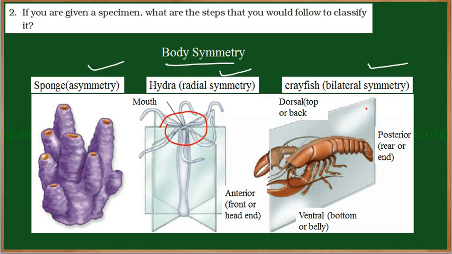Whereas in bilateral symmetry, the right and the left part of the body are exactly mirror images of one another. So here, if the organism is cut in the sagittal direction, the two halves will be identical to one another. This kind of bilateral symmetry is found in chordates, arthropods, Aschelminthes, roundworms, etc. So this is the next criterion to classify the organism.